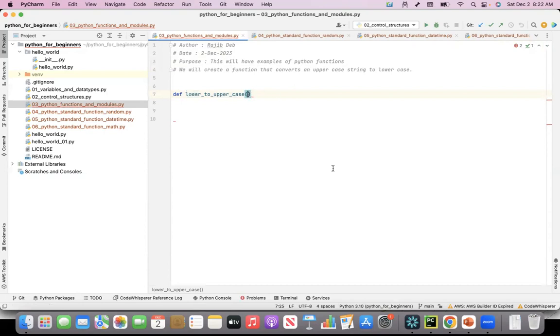What will be my argument? The argument will be the string that I need to convert. Oh, sorry. I said converts an uppercase string to lowercase, right? So it will be upper to lowercase, and then our argument will be the text, or the string, that we need to convert to lowercase. So I'll say input